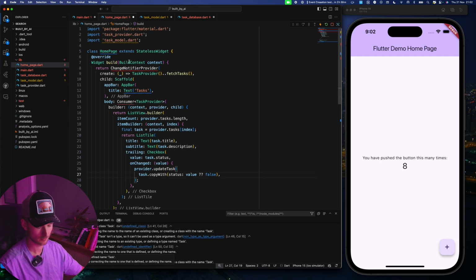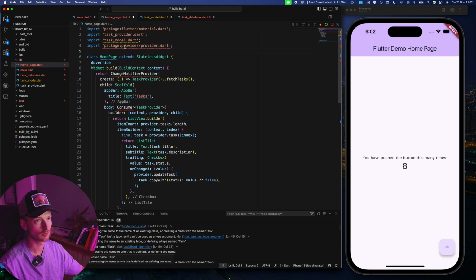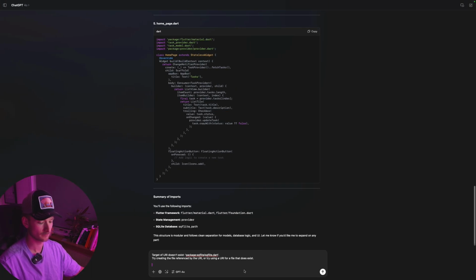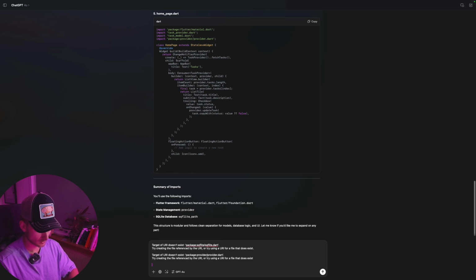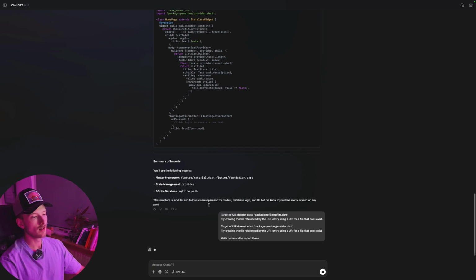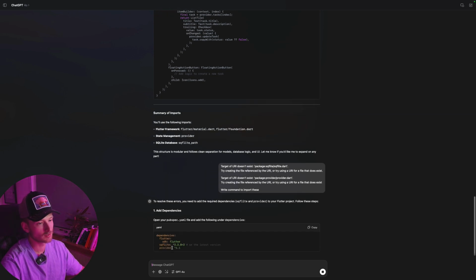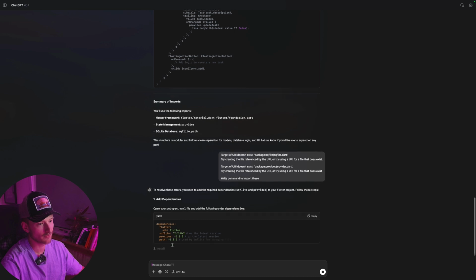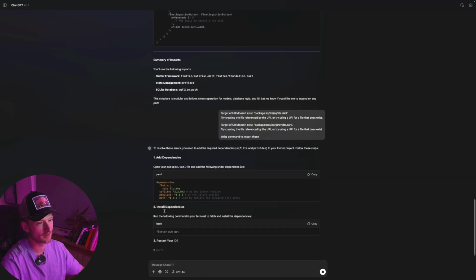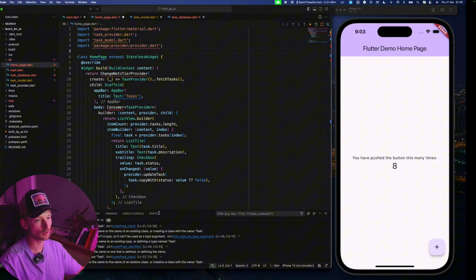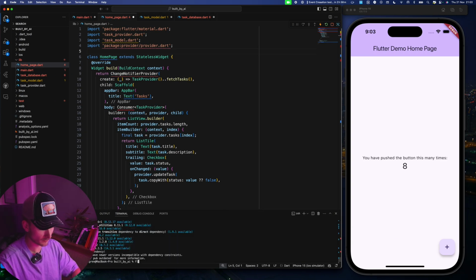And then we also had, I guess this one was not defined, like so. And then we say write commands to import these. And what it's going to do then, it's going to show us how to import these. So it's saying that we need to add SQFlight provider, and we need to add the path. So one way to do it is to copy this, and we go to terminal and we say flutter